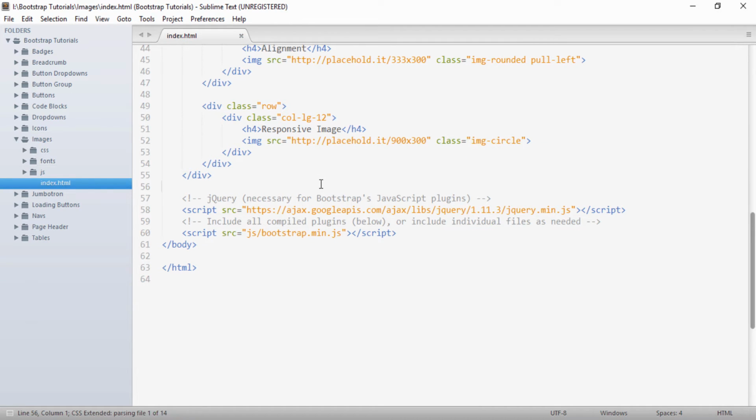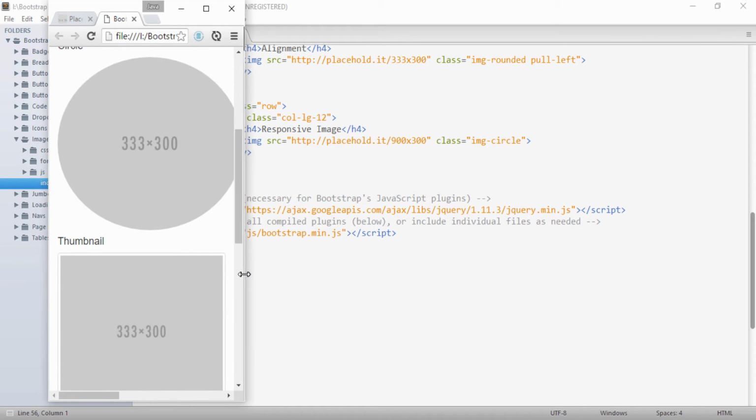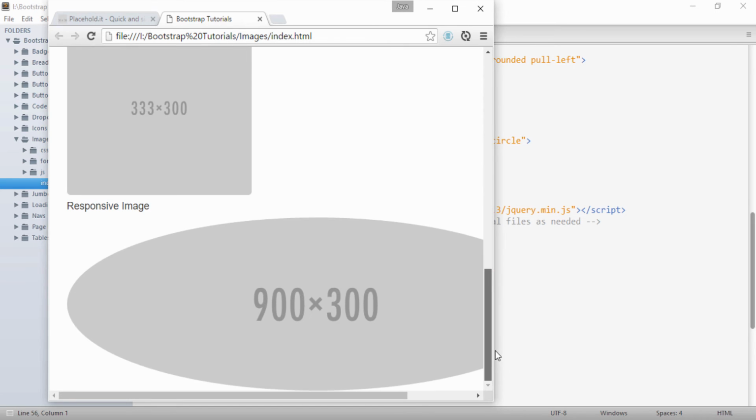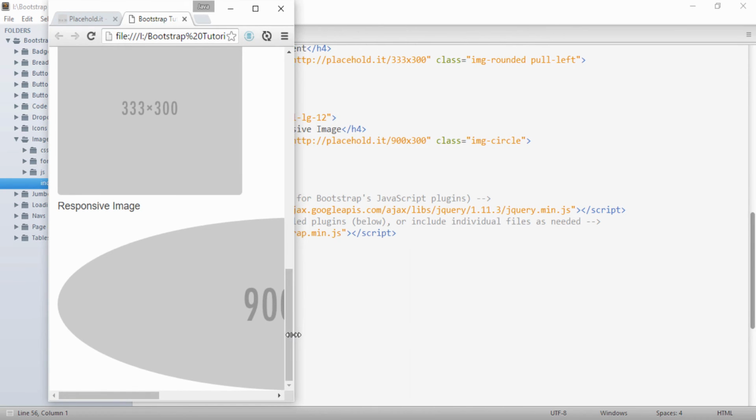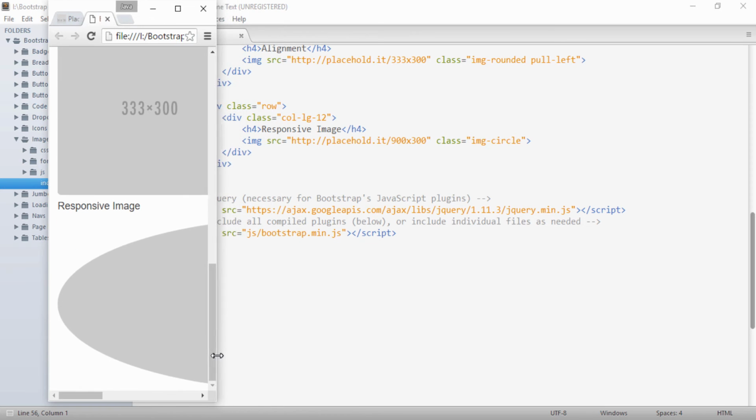Currently this image is not responsive. If I go to the browser, you can see an image with a width of 900 and height of 300 with a circle shape. If I decrease the size of my browser, you can see the image is still 900 by 300. So it's not responsive currently.